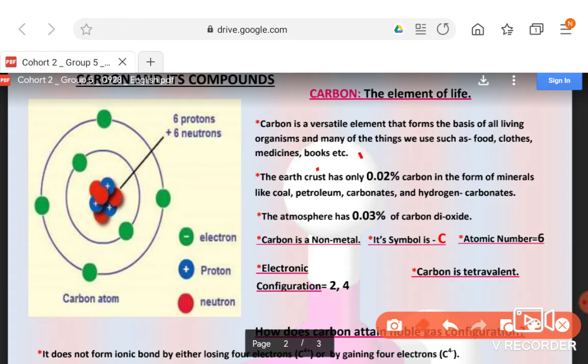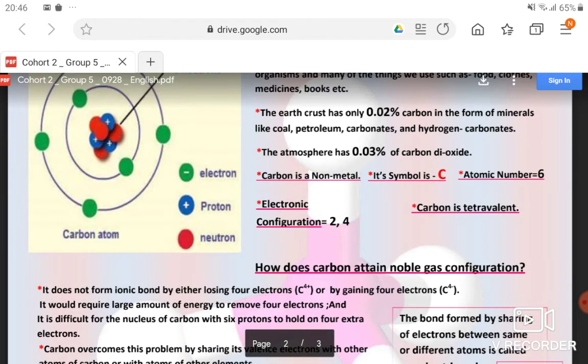The carbon's tetravalency. You can see here are 4 electrons. The valence electrons are 4. Tetra means 4, and valence electrons are 4. So it has tetravalency. It contains 4 electrons in the outermost shell, that are valence electrons, and it also needs 4 electrons to complete its last shell, that is, 8 electrons in the last shell have to be complete for the octet or nearest noble gas configuration. So its valency is 4, so it is known as tetravalent.